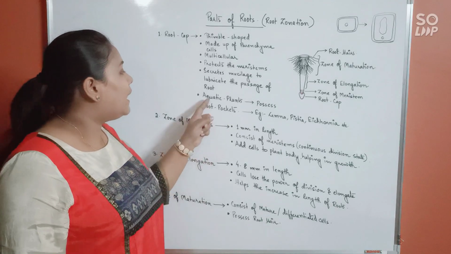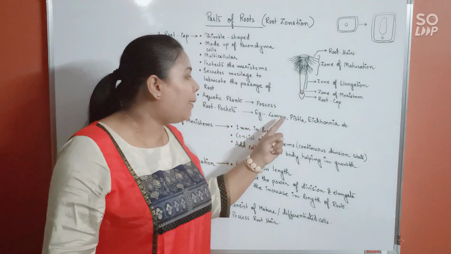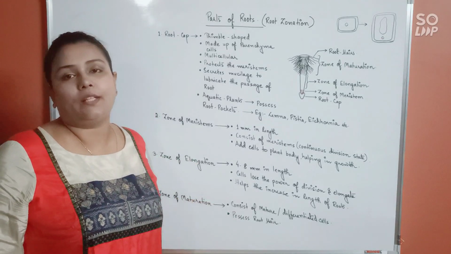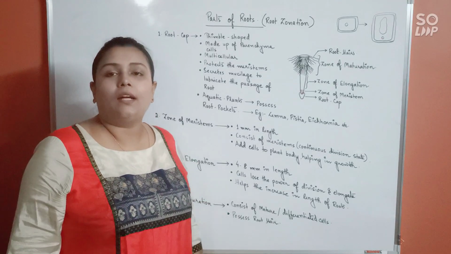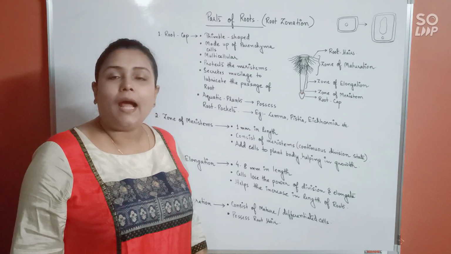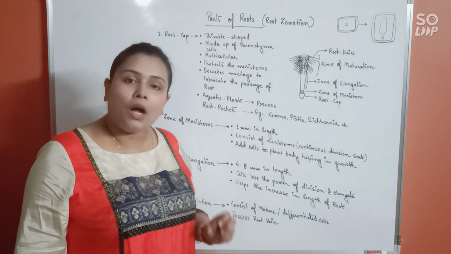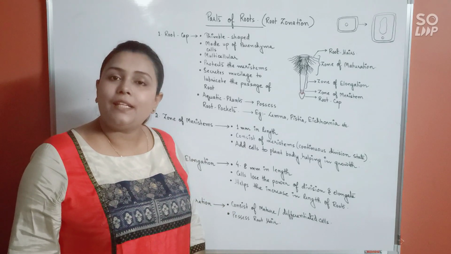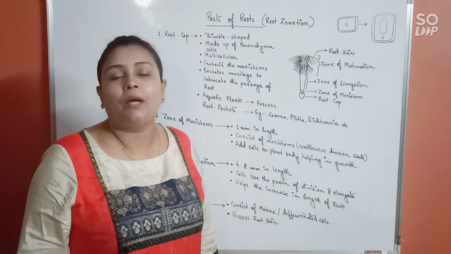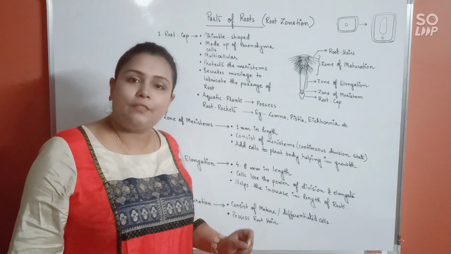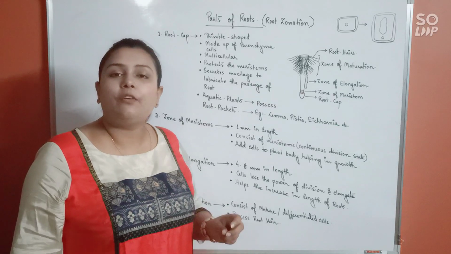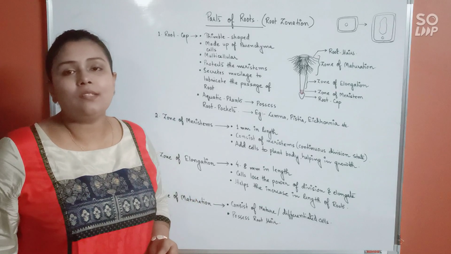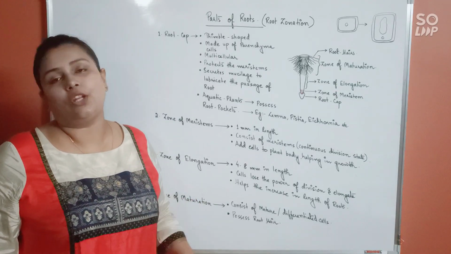So in aquatic plants like Lemna, Pistia, Eichhornia, etc., instead of a root cap, root pockets are present. Root pockets are hand globe-like structures, and once they are lost, they won't get regenerated. But that is not going to happen in case of the root cap. If the root cap undergoes some kind of damage, it can repair itself. It will be regenerating itself again. But in case of root pockets, once they are lost, they won't be regenerated.